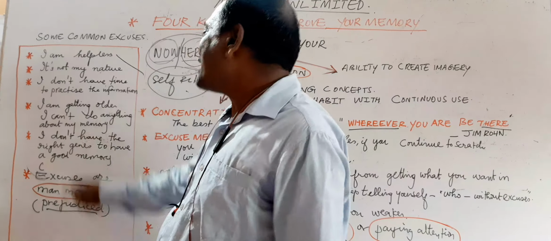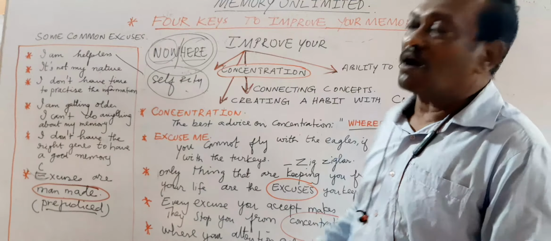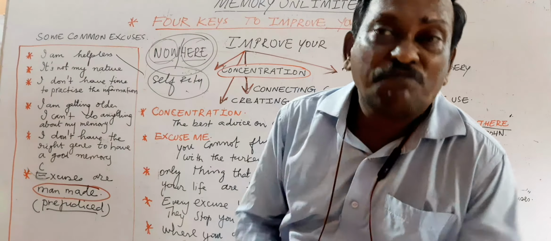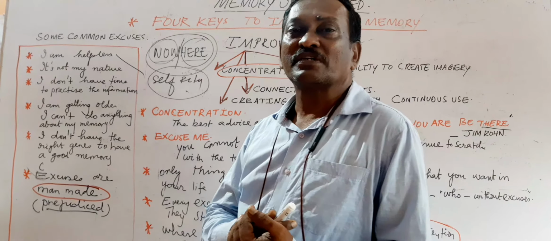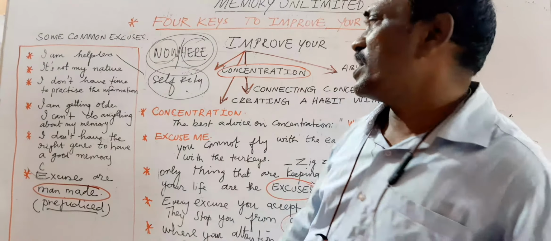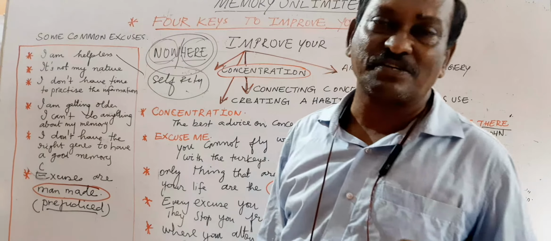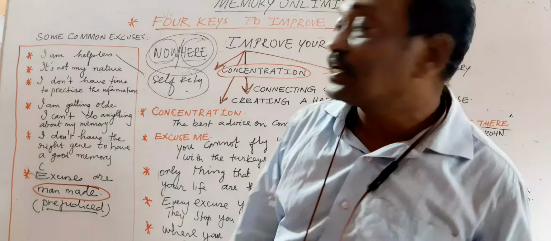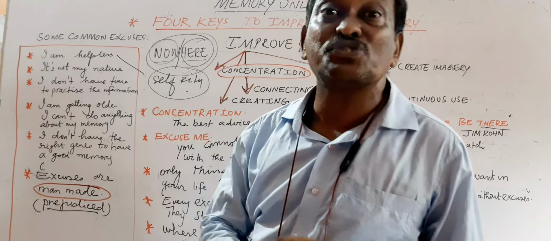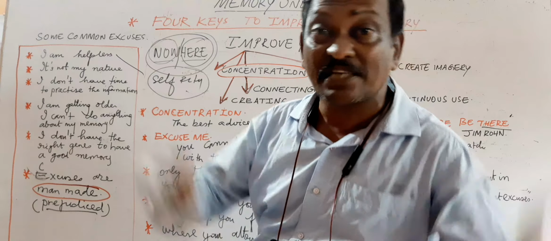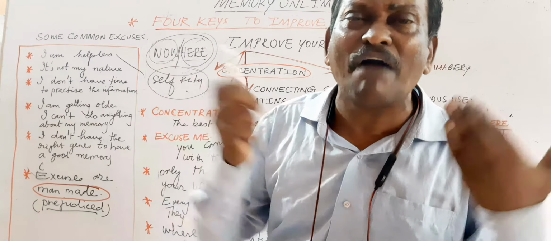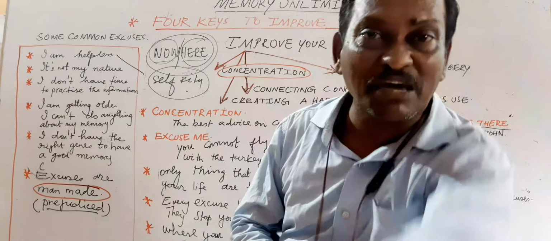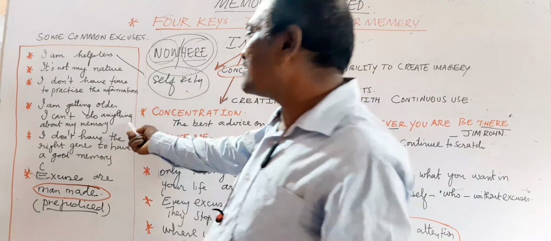I'm getting older. I can't do anything about my memory. Again, a wrong concept. Memory doesn't have anything to do with age. Memory can be improved. Memory can be developed at any point of time in your life. Age doesn't become a factor as far as improving your memory is concerned. Age is not a barrier. Age is not a hindrance. You can't memorize anything? There are so many people who have crossed their 50s and 60s. Still they remember. They are able to remember hundreds and hundreds of facts. How is it possible? They have tried. They have put their best effort to improve themselves. That exactly is the key.